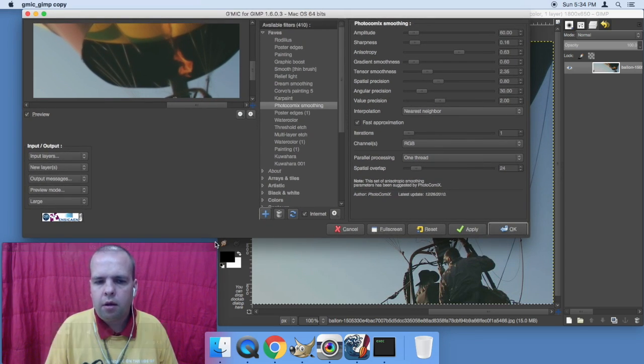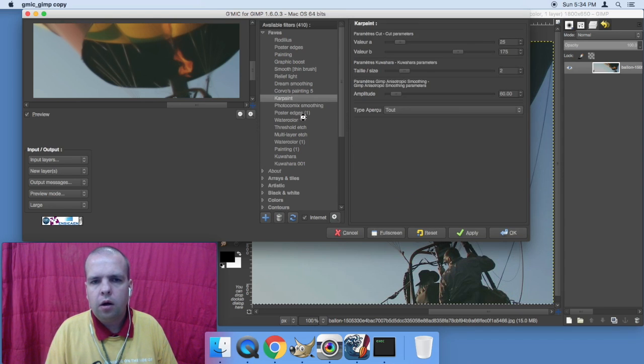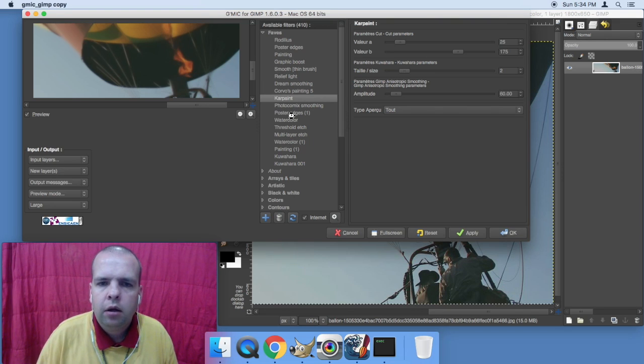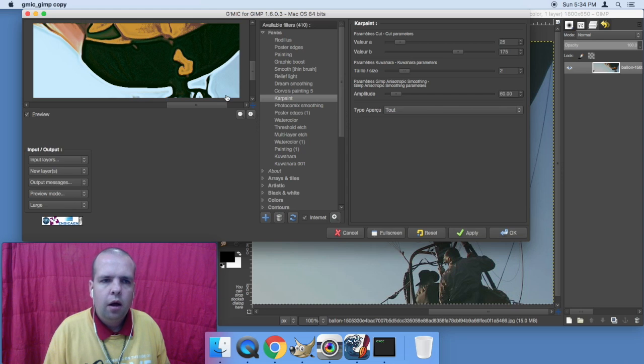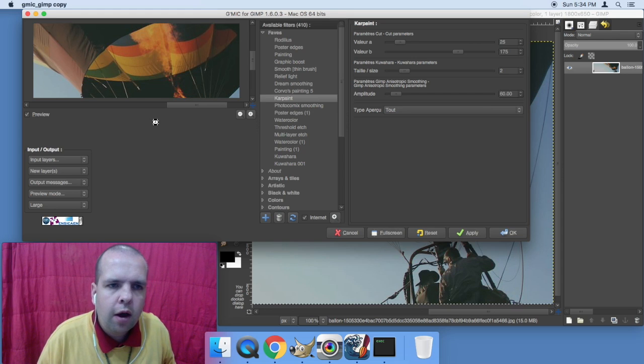I have found these filters to be giving an exaggerated or posterized effect that maybe would be too over the top. And if it is, I just bring it down to 50% or whatever. You can see with this filter, it allows you to create a nice, somewhat rough, artistic